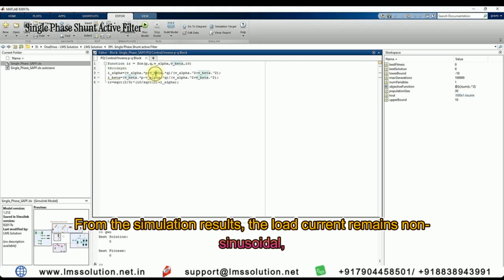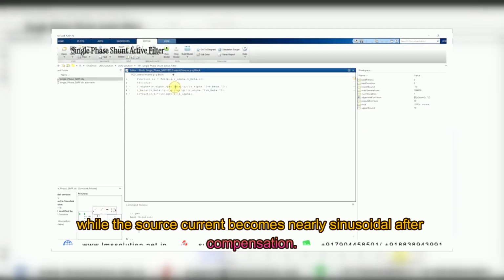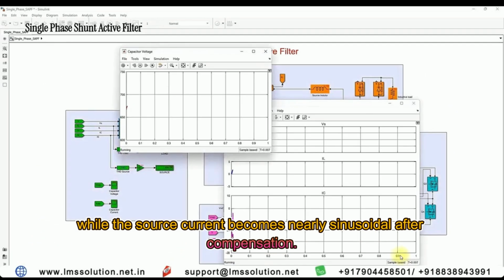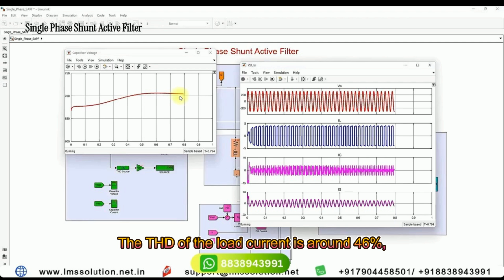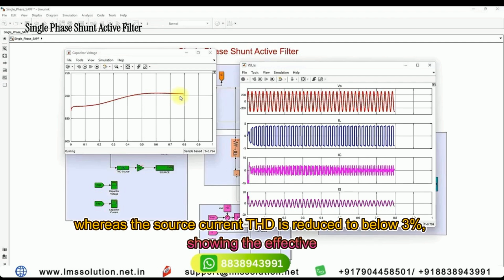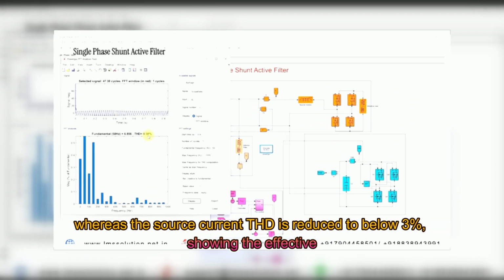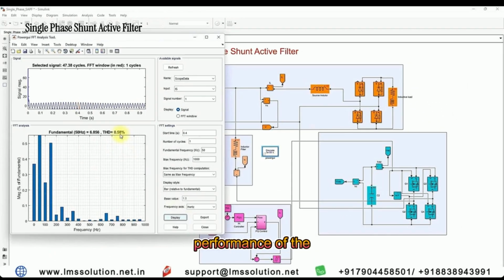From the simulation results, the load current remains non-sinusoidal while the source current becomes nearly sinusoidal after compensation. The THD of the load current is around 46%, whereas the source current THD is reduced to below 3%, showing the effective performance of the